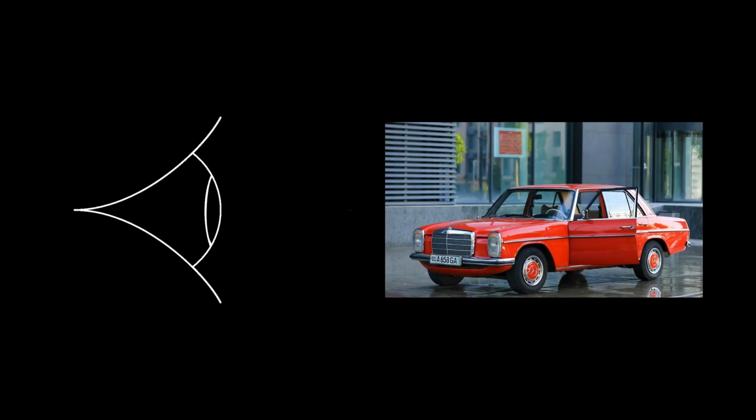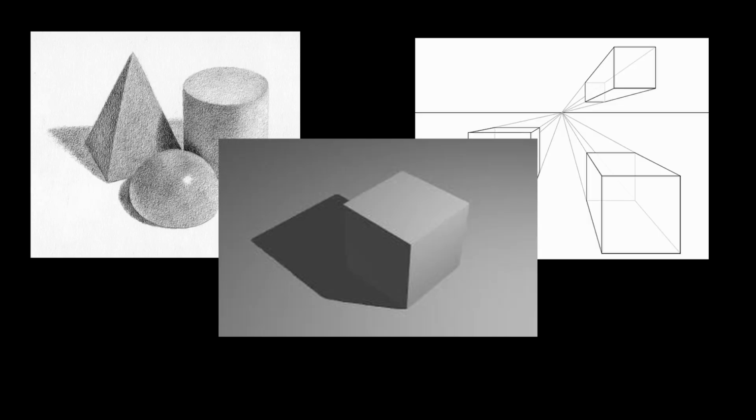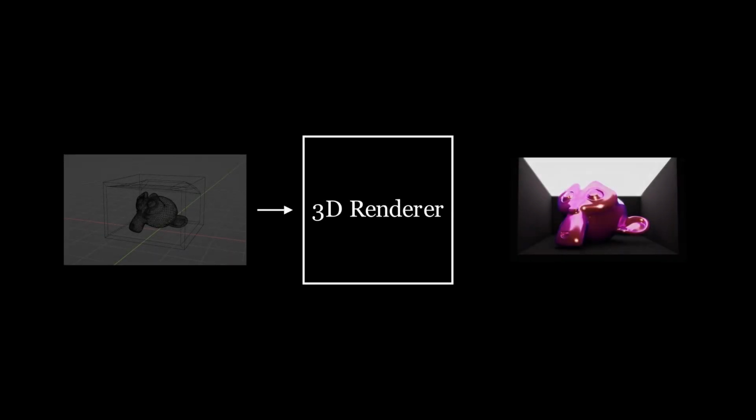Your eyes have a single layer of cells that send a 2D image to your brain. Somehow, from a 2D image, our brains are able to recognize three-dimensional shapes. Subtle cues, shading, perspective, shadows, give your brain the information it needs. Our 3D renderer's job is going to be to take in some three-dimensional scene and reproduce those same cues on a